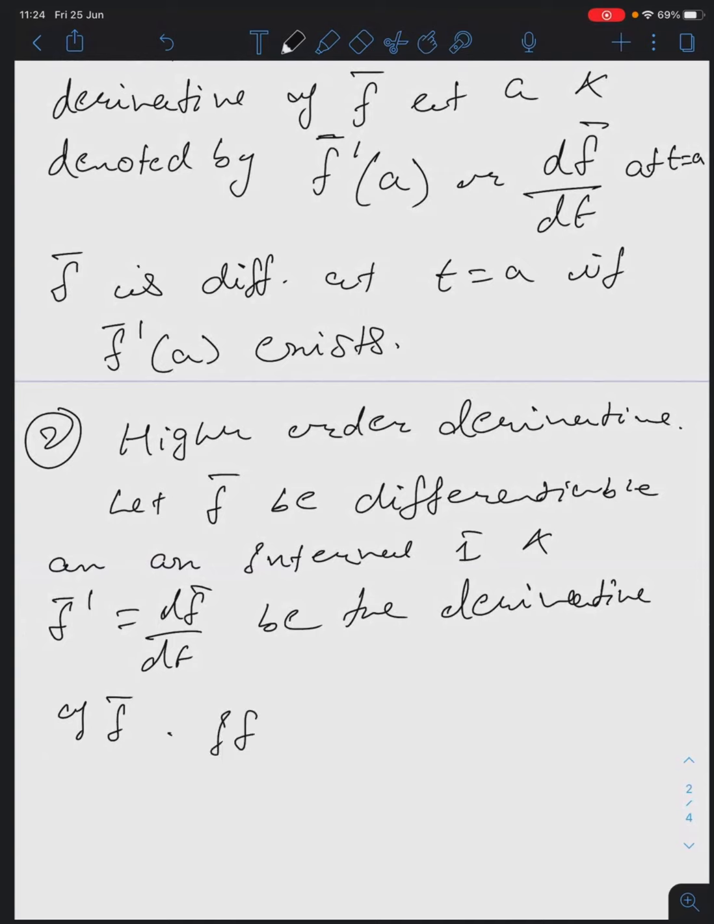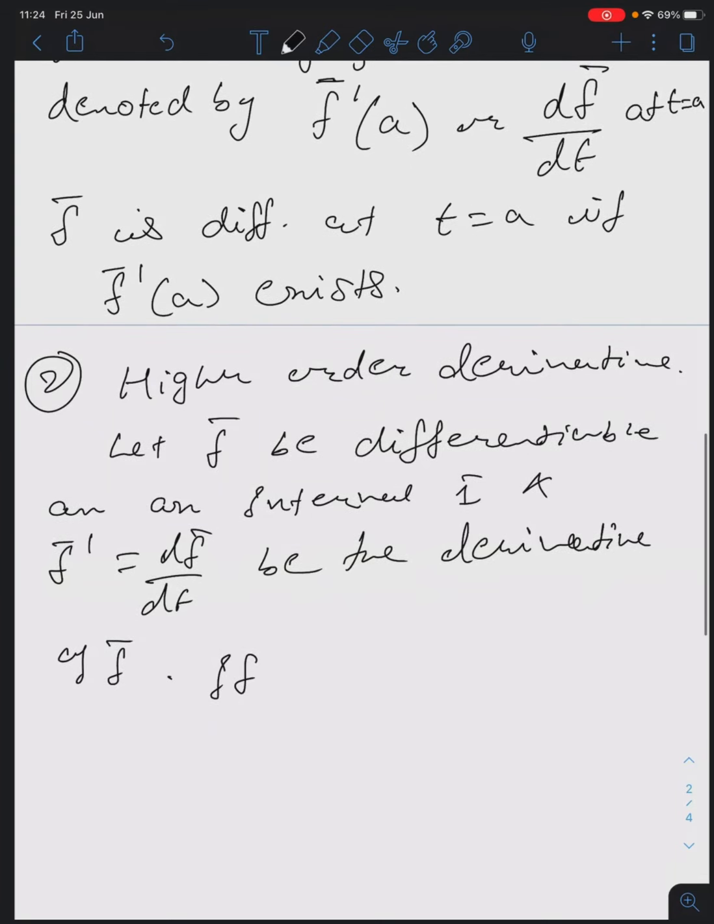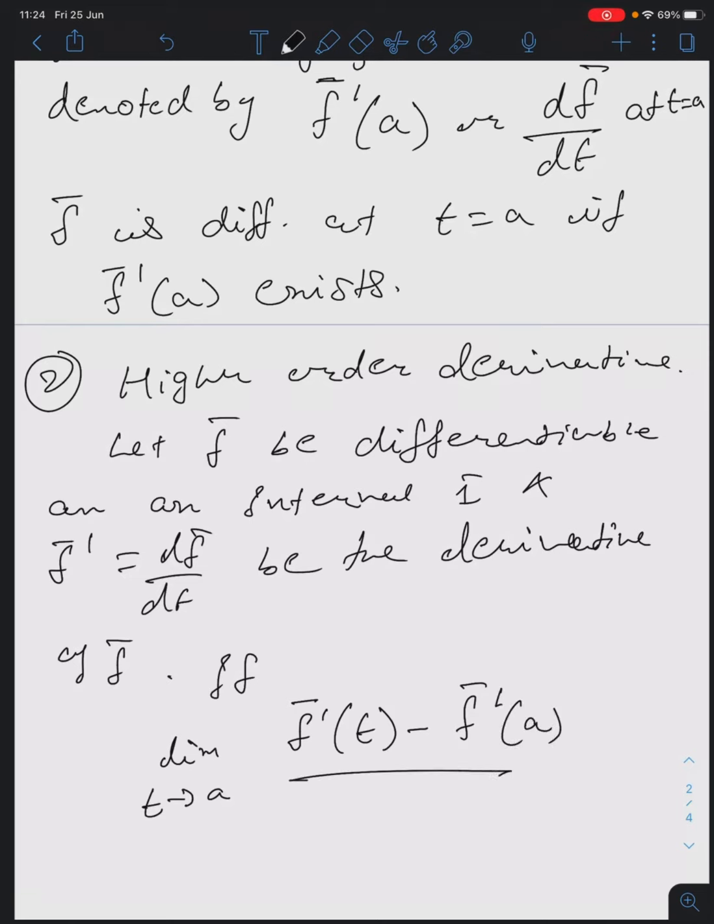Now, suppose you are calculating the second order derivative, then what limit will you calculate? Limit t tends to a. Now, which function are you differentiating? F bar dash you are differentiating. Is it or not? So the result will be f bar dash t minus f bar dash a by t minus a. So if this limit exists,